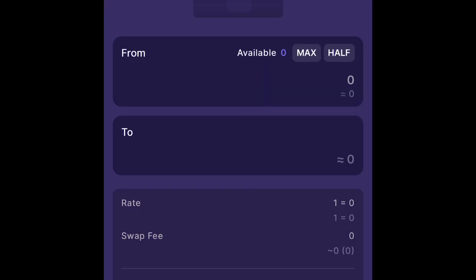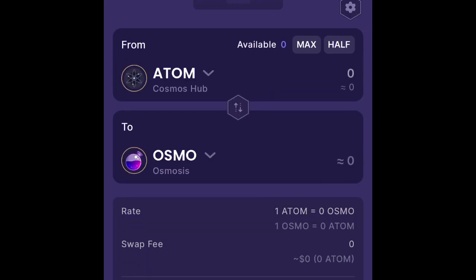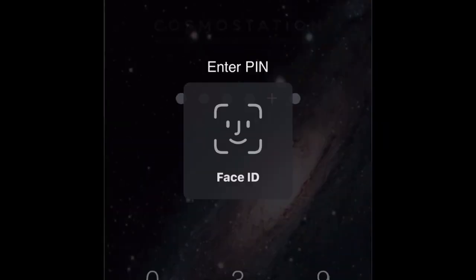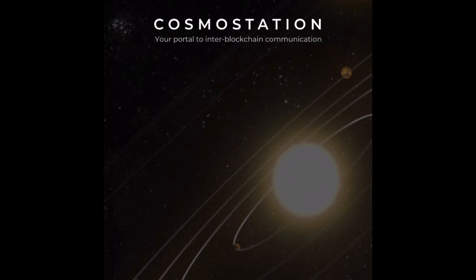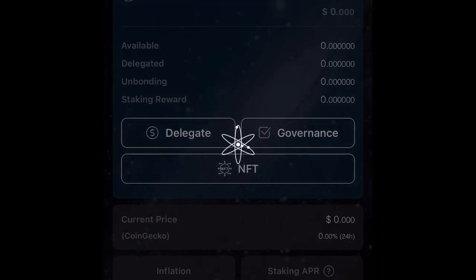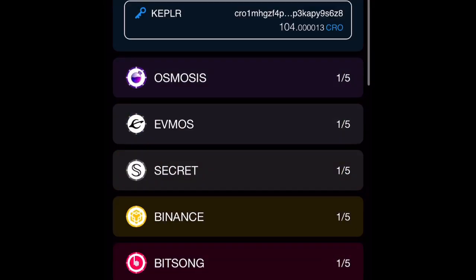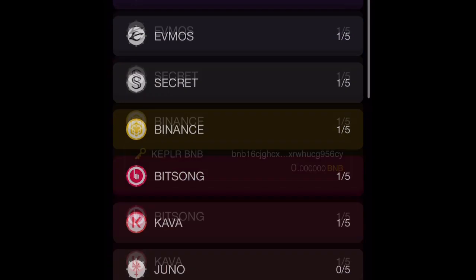So we're going to click Osmosis. So here, when you have your Crow or your Atom or whatever token you have over in the Cosmostation wallet, if you have any of these tokens up here, any of these, even Binance, but they give you the old school version.